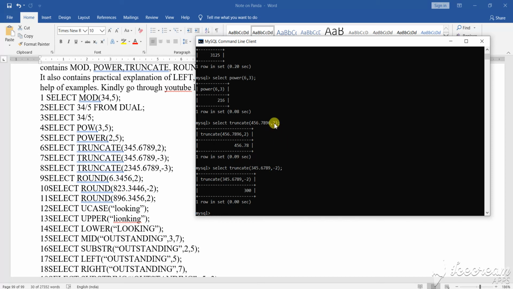Remember it: plus means after the decimal point, minus means before the decimal point. So before and after, you will decide how it is going to do the truncating of the figure that you are showing here.